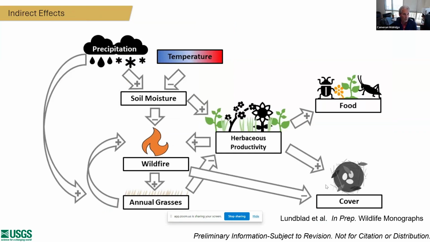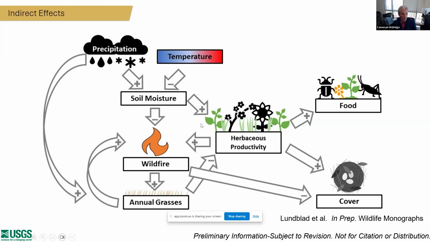We know precipitation is going to change. We're losing some snow, which is extremely important in a lot of these systems, with winter moisture coming that percolates into the soils. As that changes to rain, it tends to run off. We don't get it percolating into the soils. We have lower soil moisture. Temperatures warm those up. We have more evapotranspiration that results in less moisture availability.